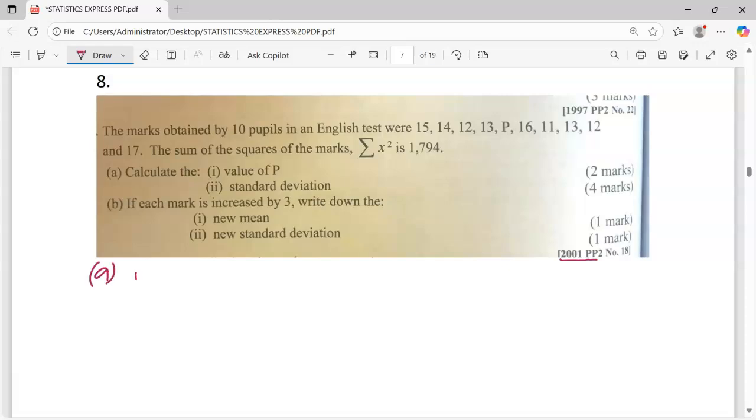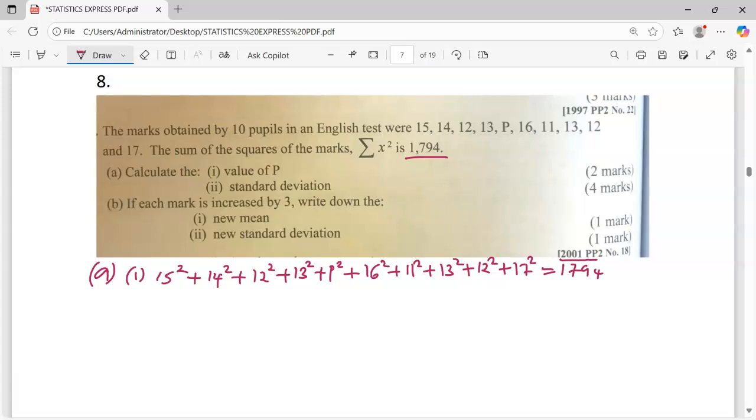So A Roman 1, for us to get the value of P, we are going to square all the marks. That is, we are going to have 15 squared plus 14 squared plus 12 squared plus 13 squared plus P squared plus 16 squared plus 11 squared plus 13 squared plus 12 squared plus 17 squared, and this will give us the sum of the squares, which is